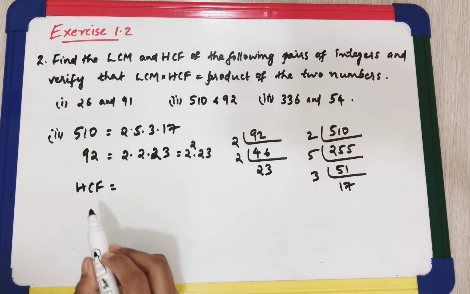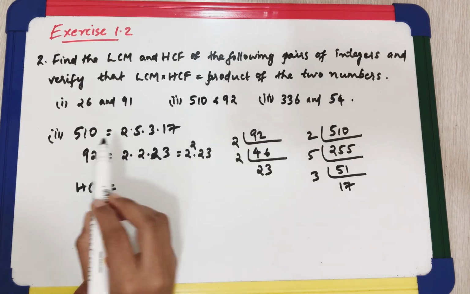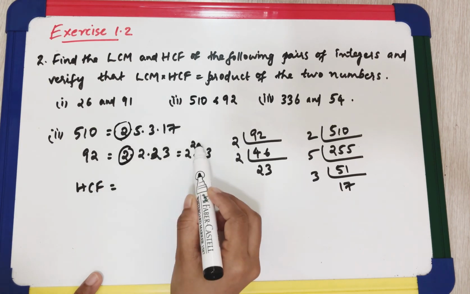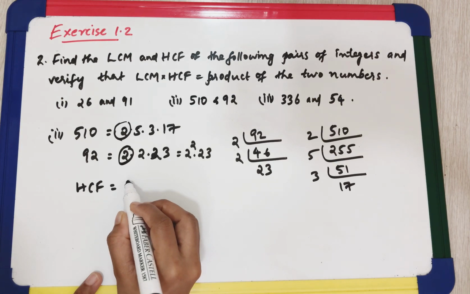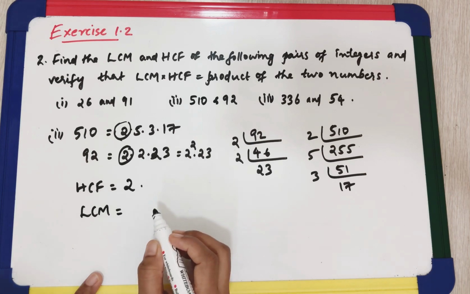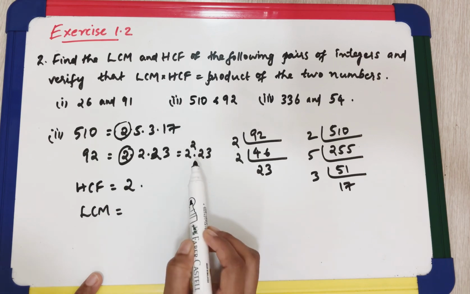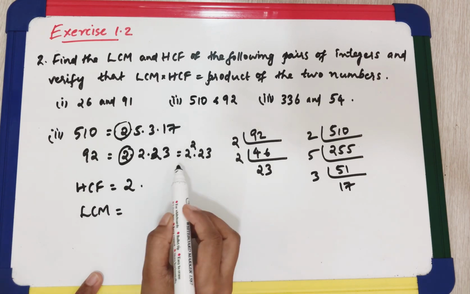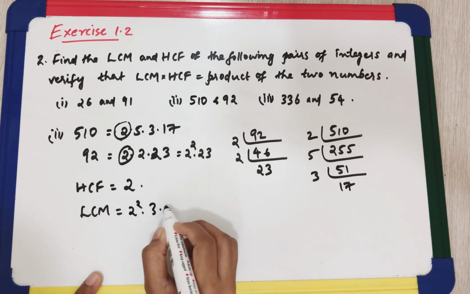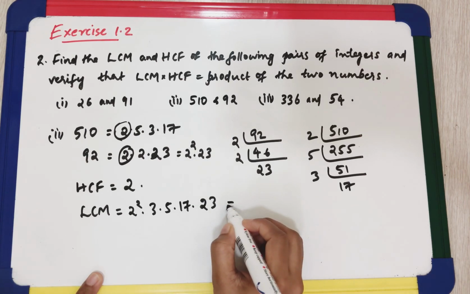Now HCF. HCF is the product of the smallest power of each common prime factor. Here the common prime factor is 2, and the smallest power of 2 is 2 raised to 1. Hence the HCF is 2. LCM is the product of the greatest powers of the prime factors involved. Here the prime factors are 2, 5, 3, 17 and 23. And the greatest power of 2 is 2 square, and all other powers are 1 itself. 2 square into 3 into 5 into 17 into 23. We will get it as